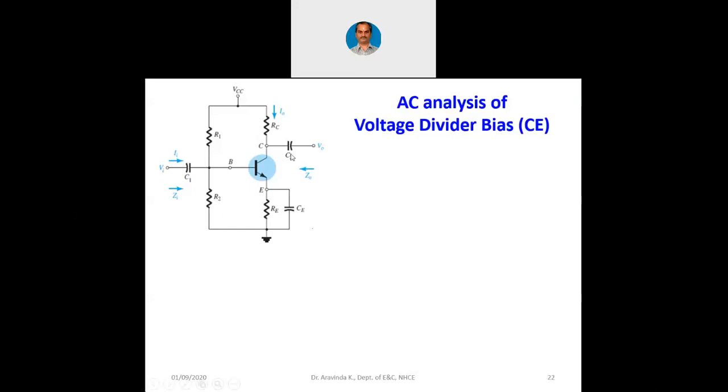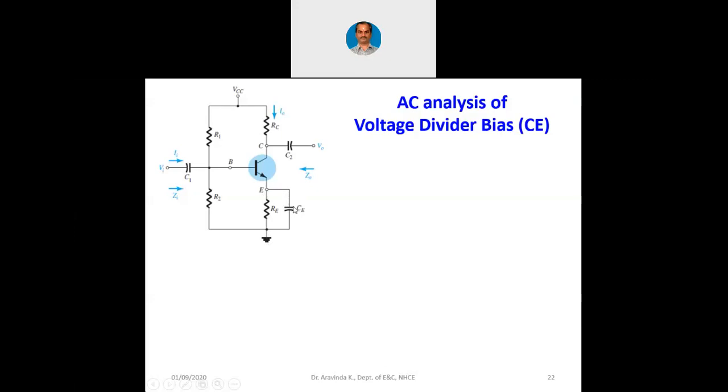Capacitors all short and VCC is AC ground. Anyhow DC ground itself is AC ground at the lower side. So we can replace all the capacitors with the short circuit. R1 and RC can be connected to ground. R2 and even the emitter can be connected to ground, because the emitter is bypassed to ground by means of this bypass